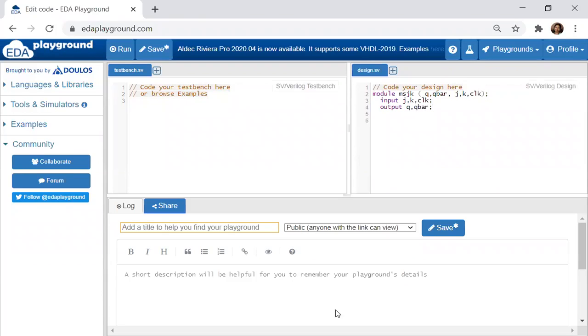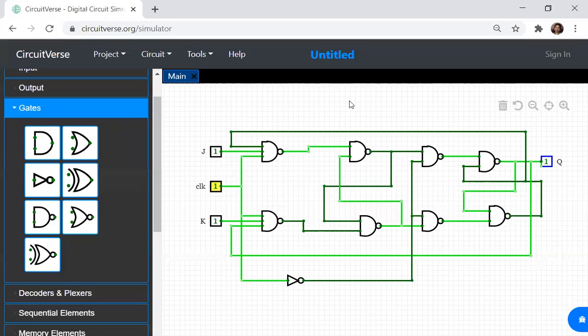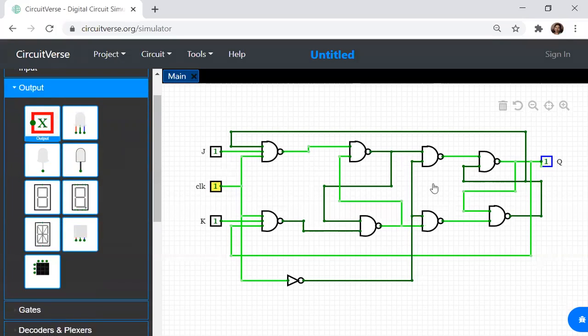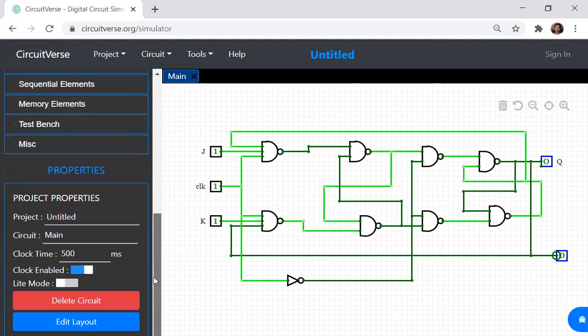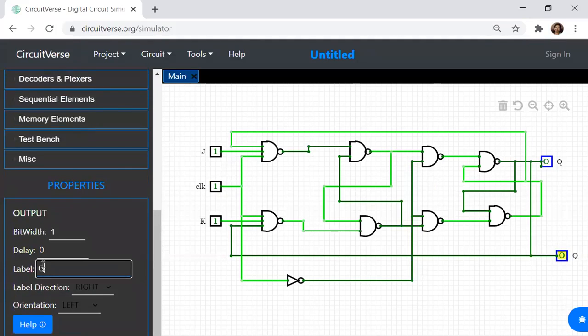So now where is our output? If you see, this is our output Q and here I'll get the output Q bar. This is my output Q bar. The output is always at the end of the slave terminal. So this I will make it as QB. But what is the input to the slave?